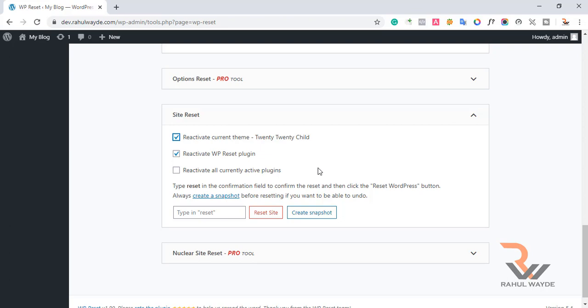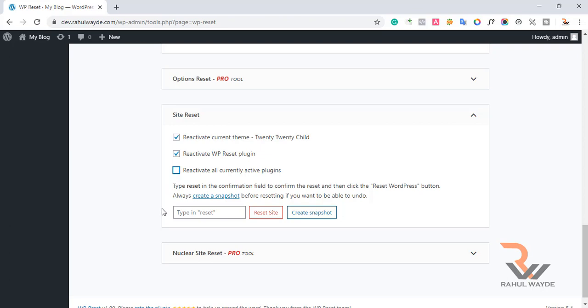So what this will do is reactivate your current theme and reactivate this WP Reset plugin which we have installed just now. And if we check the other option, it will again reactivate all the plugins present in your plugin section. I don't want to reactivate all the plugins, so I will uncheck this option.